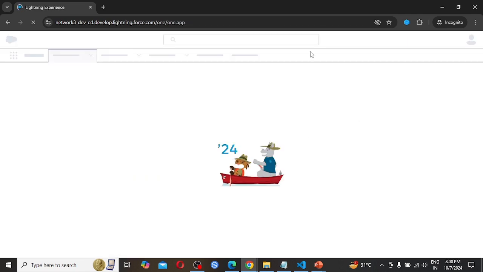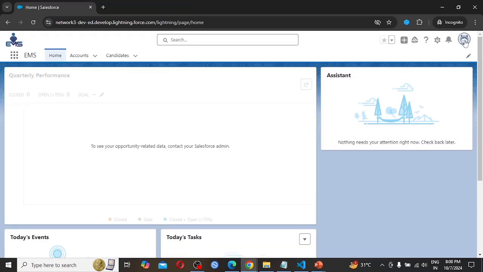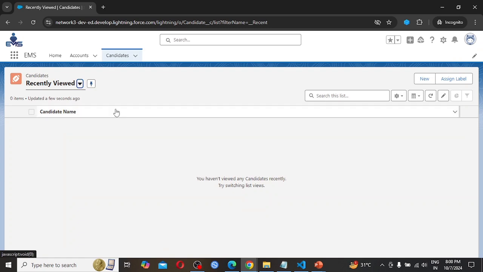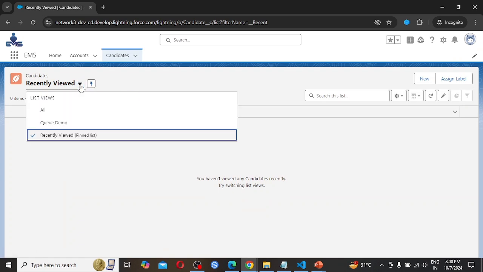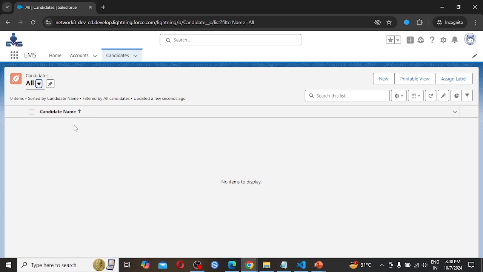So it is logged in. Let's cross verify which user this is. This is user B, and here we are seeing the candidate object. And if I click on All, he is not able to see any record.